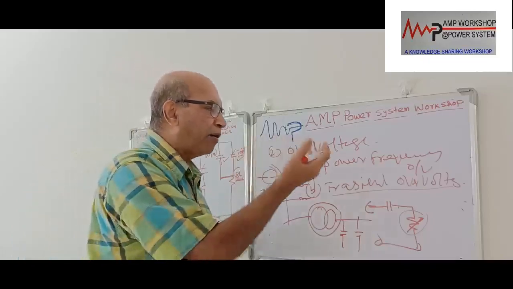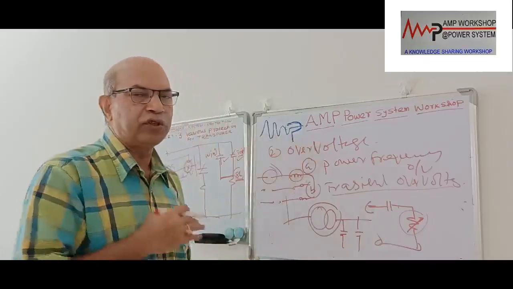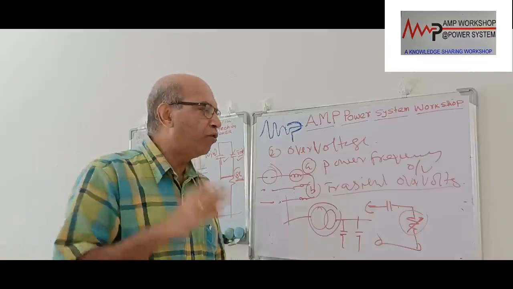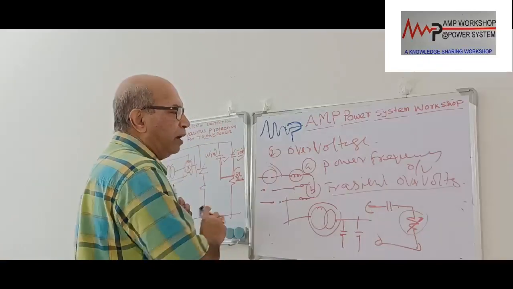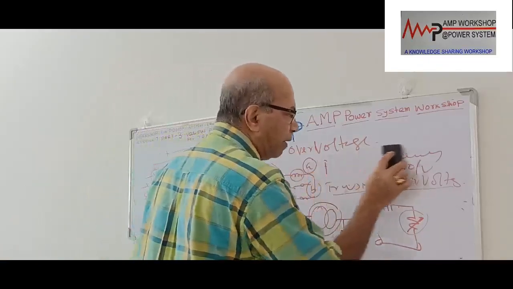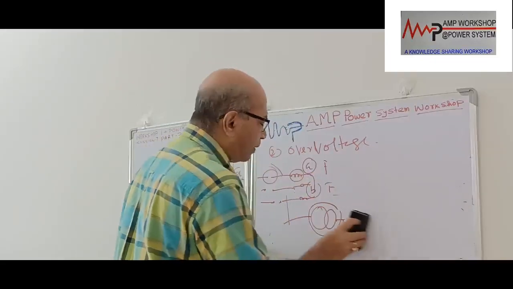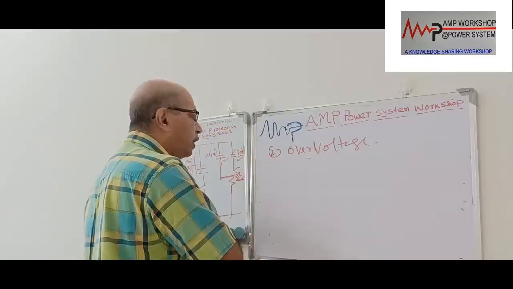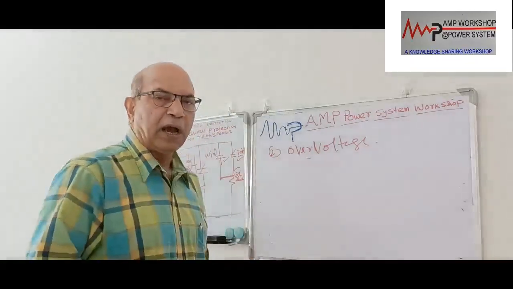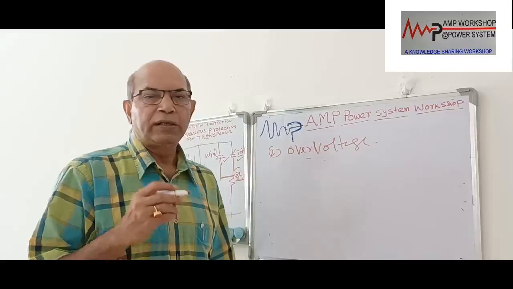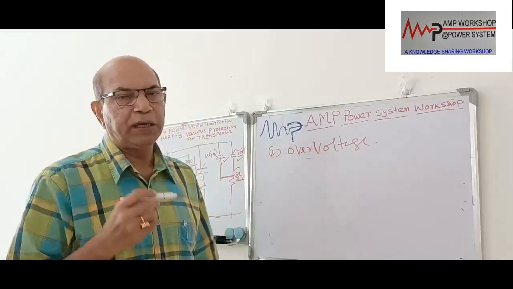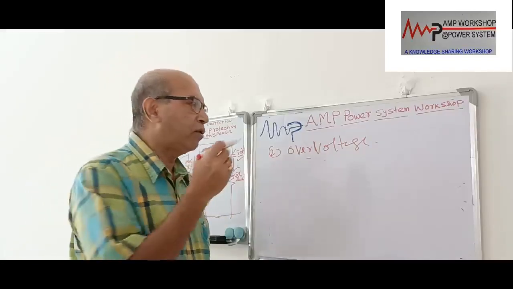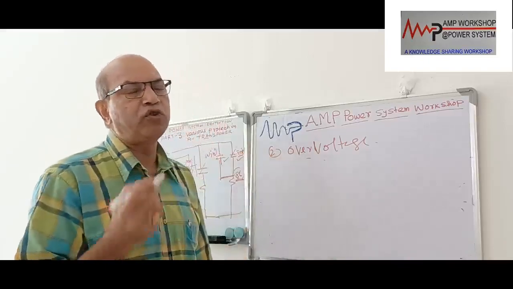In addition, power frequency over voltage is always there. The voltage which is supplied to the transformer is coming from the remote end, maybe 20 kilometers away by cables. In that case the cable has a capacitance, and due to the capacitance, it may happen that the transformer terminal gets a voltage more than the rated voltage. And it could happen the reverse way also. Suppose it is operating in a low frequency area. In that case also there is a chance of power frequency over voltage.